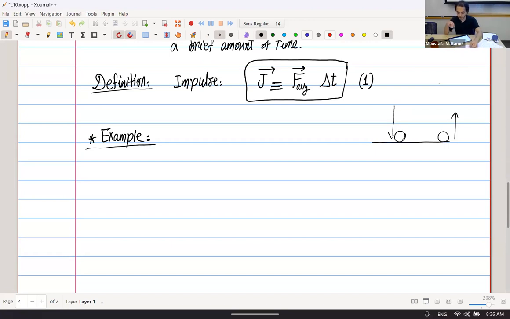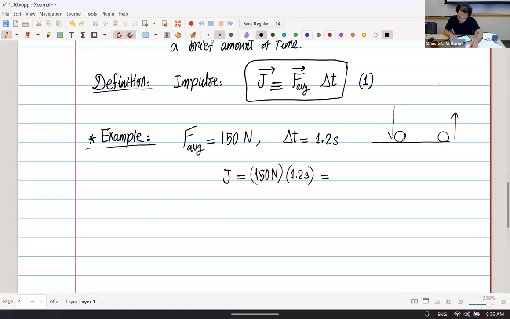A ball bouncing from the floor, if we want to calculate the impulse the floor delivers to the ball, let's assume the average force of the floor on the ball is 150 newtons, and the contact time during which this happened was 1.2 seconds. Then the impulse is just 150 newtons multiplying 1.2 seconds, which gives us, oh wait, I wanted to have this as